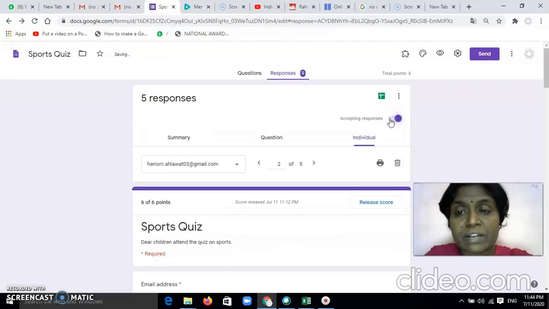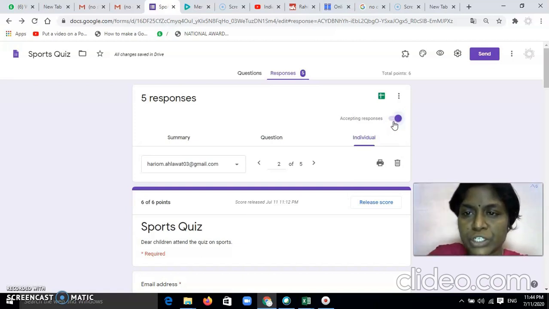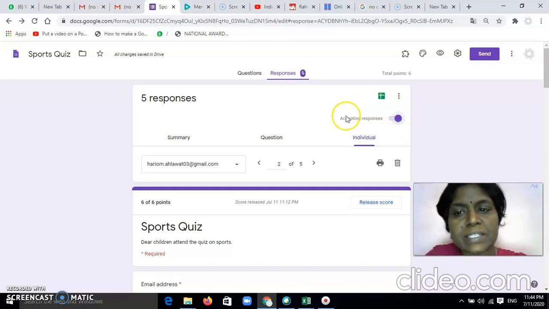Don't do it right now. You should do it once you send the Google form. You will send it in accepting responses mode. Once you send the Google form link, it will be in accepting responses. Now you have distributed the Google link at 9 o'clock. At that time it will be accepting responses. Now it is already 10. So at 10 o'clock, you will again start with the same story.